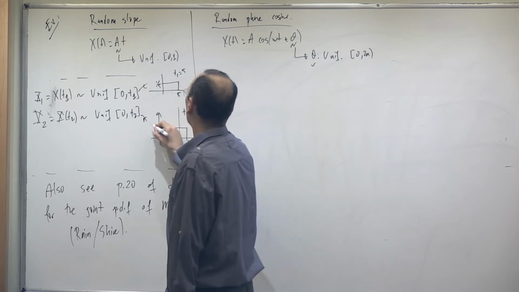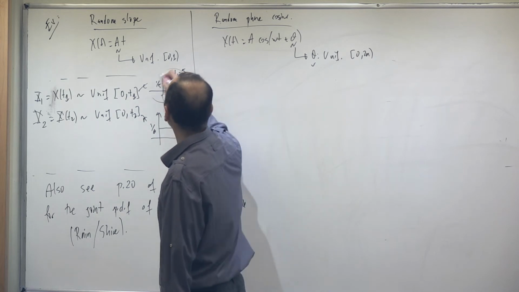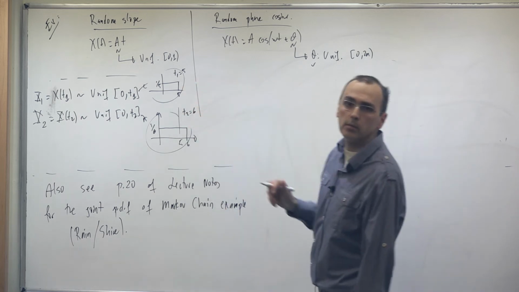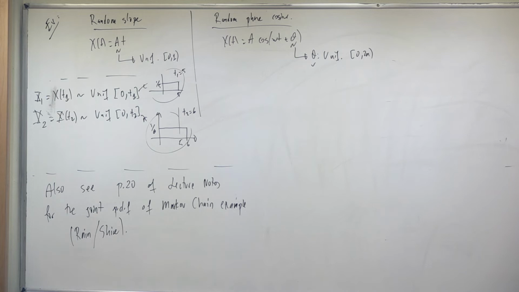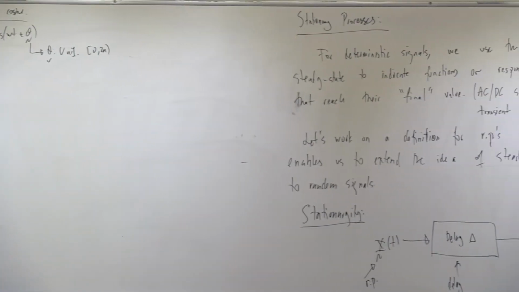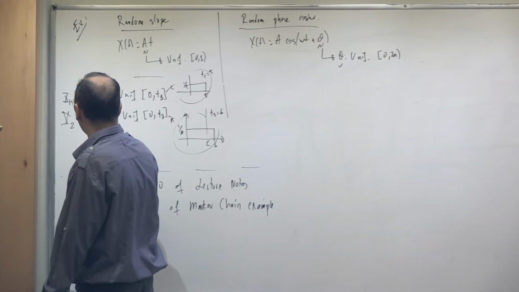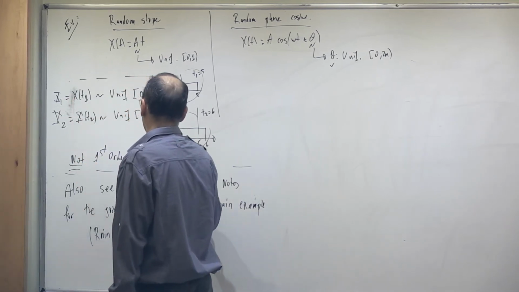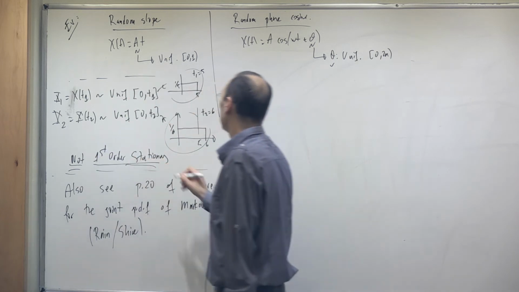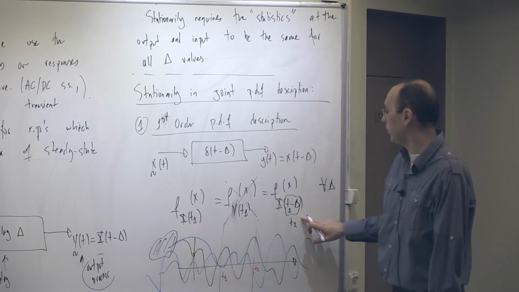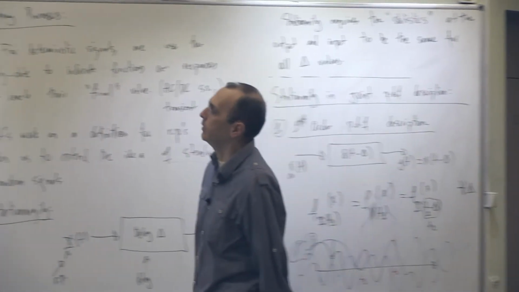Okay, so this is the density, a uniform distribution, and this is the other uniform distribution. You see that the density changes by the evaluation time. So the density at time 5 is not equal to the density at time 6. That is the issue. So this is not first order stationary, because the density is changing by time. For stationarity, the statistics should be the same when evaluated at t1 and at t2. I should get the same density.